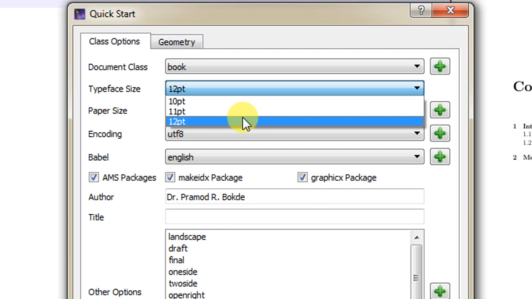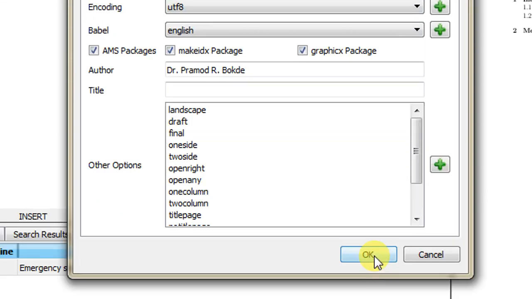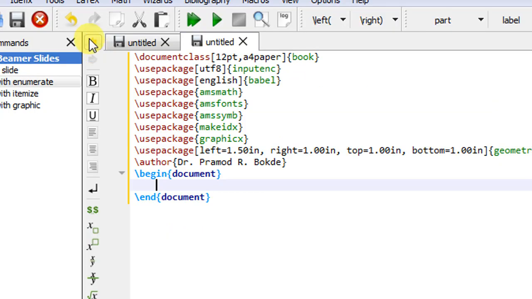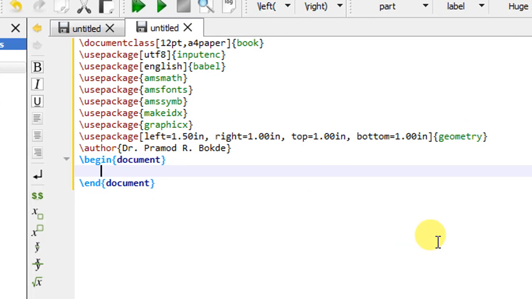These are the only three font sizes available in TeXstudio. I generally prefer to select 12 point. The rest of the settings I will keep as they are, and I will click on OK. It is going to produce a sample template.